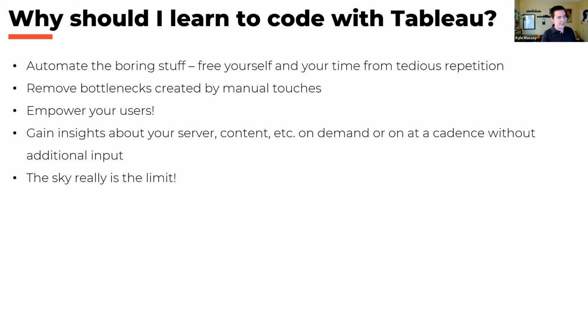Another one is gain insights about your server and your content. You can use APIs to pull a lot of reporting information. I'll touch on some of the different uses, and we'll probably get into that in the brainstorming sessions as well. And then, as I always say when I'm talking about coding stuff, the sky is the limit. If you can think of it, if Tableau does it, you could probably find a way to automate it. That's how I always try to approach these. As Patrick used one of my favorite phrases, the art of the possible. If you can dream it, you can probably code it. If not, you can find a way to get 99% there most of the time.